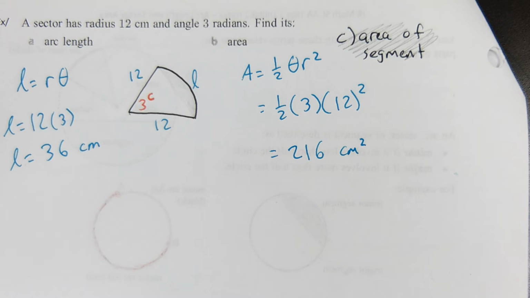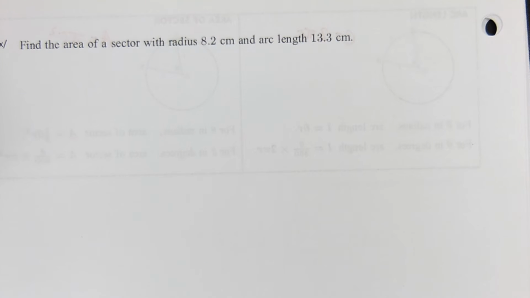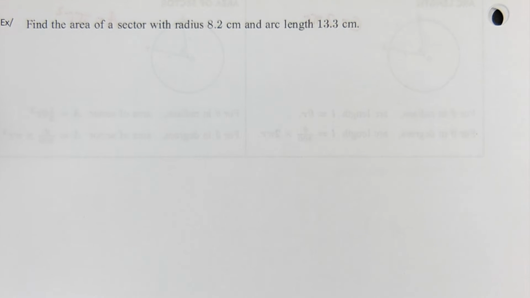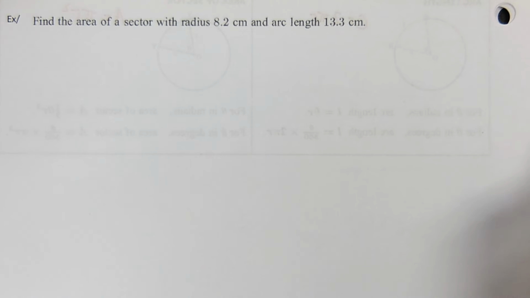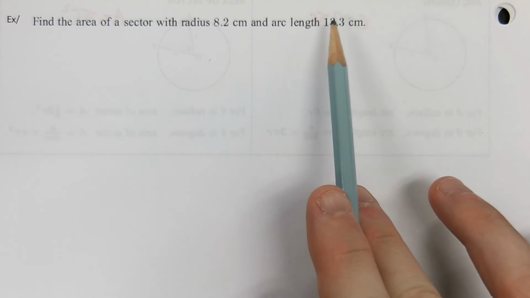Tell you what we're going to do. I'm going to create a question after we answer this next one so that we can find the area of that segment without using trigonometry, okay? Because I do want you to know how to do it. I want you having those thought processes now. But before we get to that, it says find the area of a sector with this radius and this arc